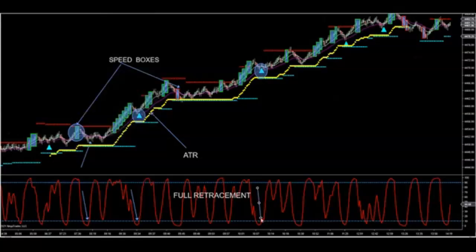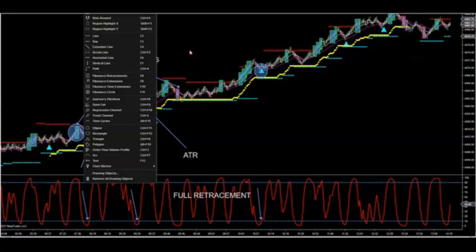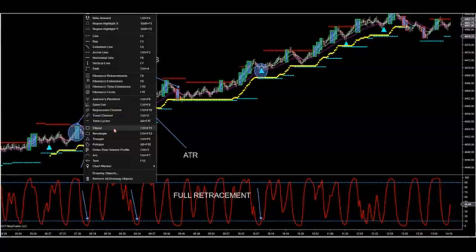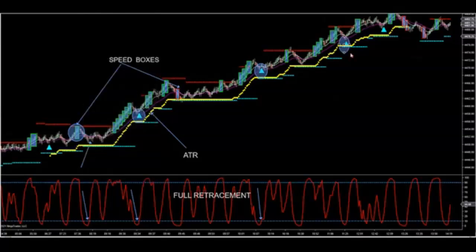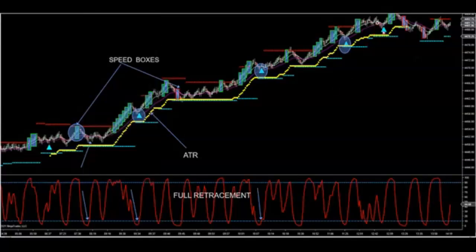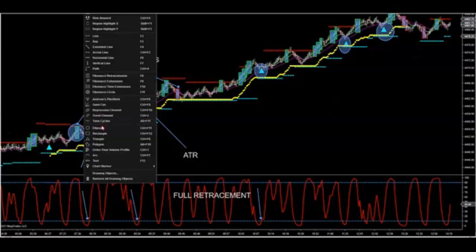What I'm doing in the new update for the strategy is called add-on trades. Add-on trades is a toggle switch, and what it will do, if you want additional trades, so these are entries right here. That's an entry. These are all entries off of a pullback after speed. But if you want more setups, and this will let the strategy do this independently of each other, then it will take along here,